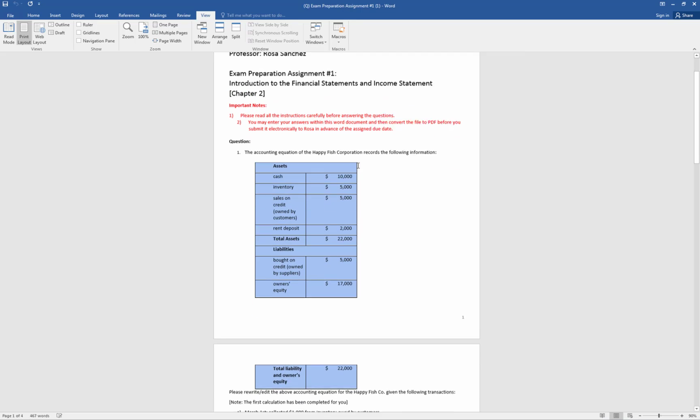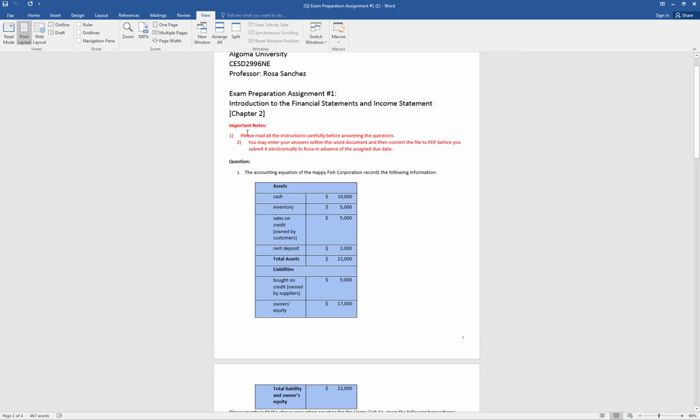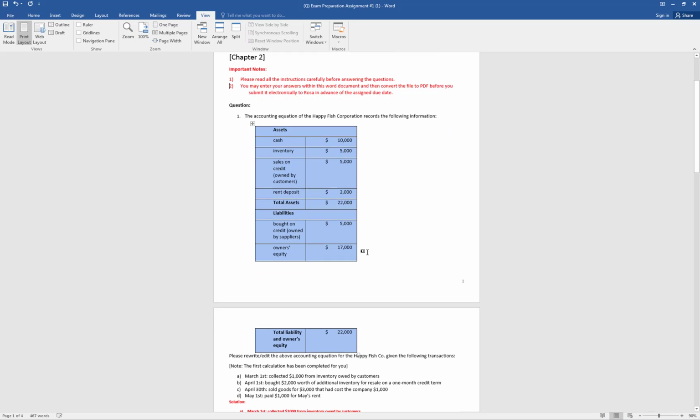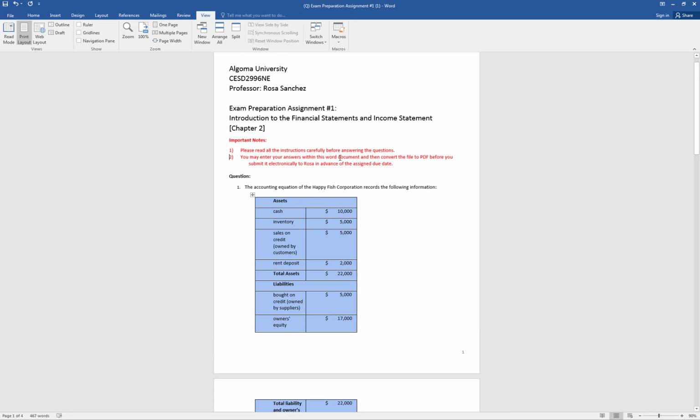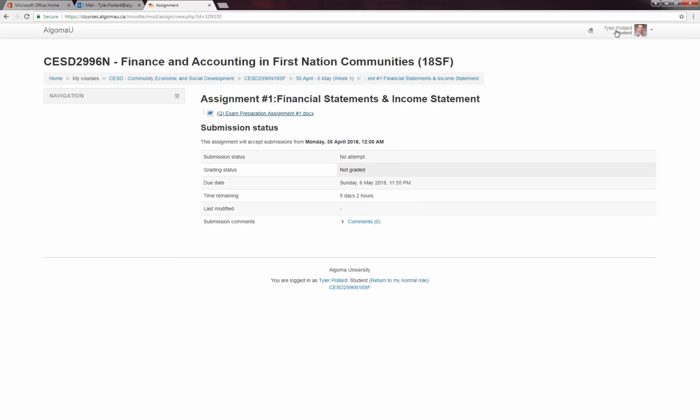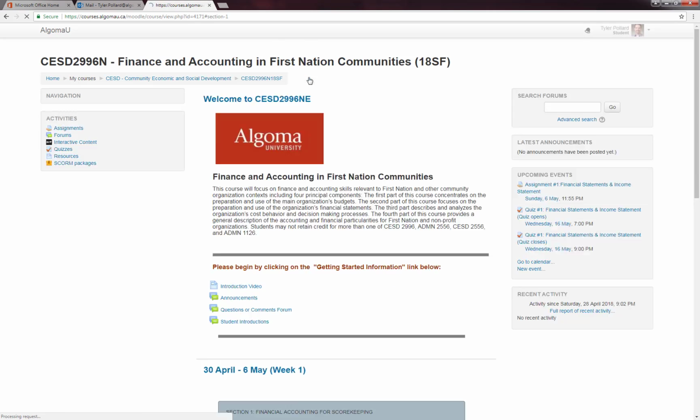Okay, so then you can read through the exam preparation assignment number 1. Rosa has some instructions here for you that you can read through. Basically, you can answer on the Word document, but before you submit it to Rosa, she would like you to convert it to a PDF. So basically, when you go to save this document, just save it as a PDF. And then you can save it to your hard drive, and then you can go to your Moodle page, and then you can submit this assignment. And this page will have a submit button for you. So going back to the page here,